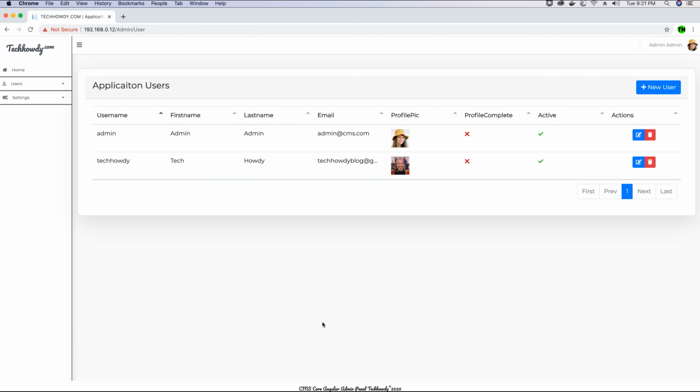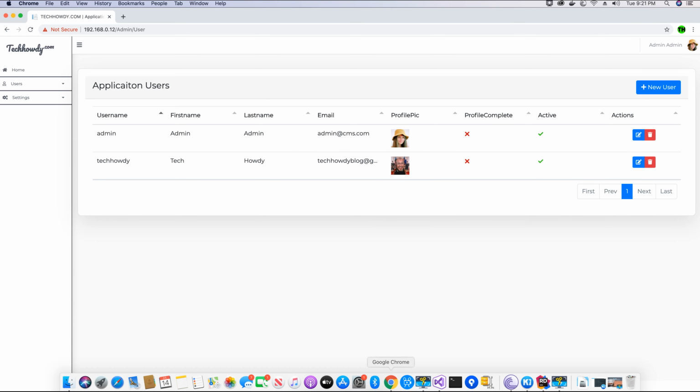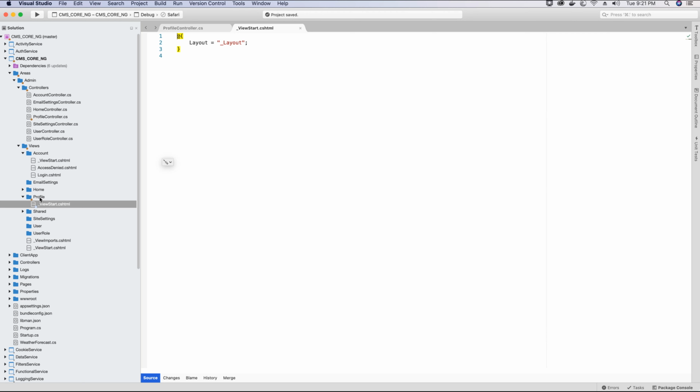Therefore, where we don't need to show these cards, we would have to hide these cards using some jQuery, JavaScript or CSS. But since we are working with Razor, we can create a view start file and define a custom layout file that can be used in the profile view. So here I will call this custom layout file content layout. So I will change this layout to reference the content layout.cshtml file, which I'm going to add to the shared